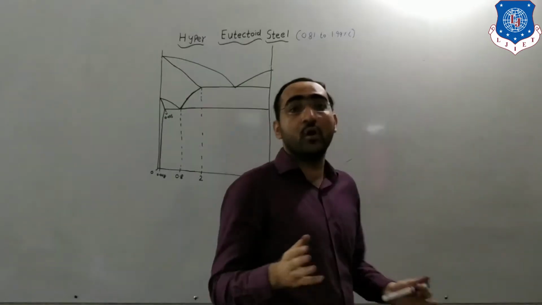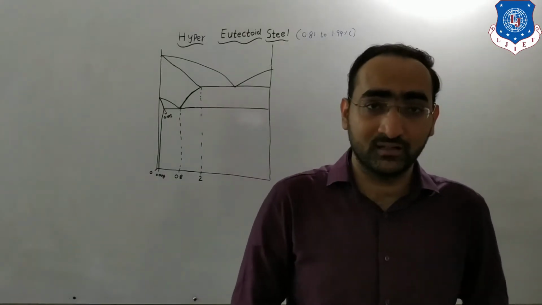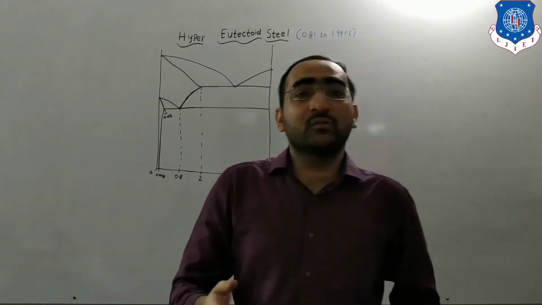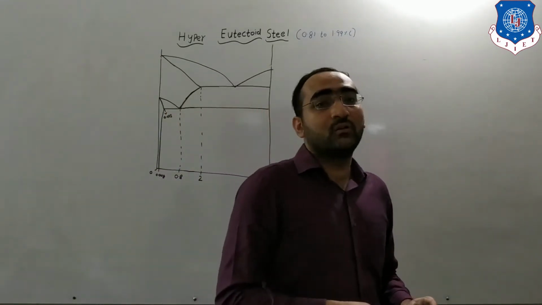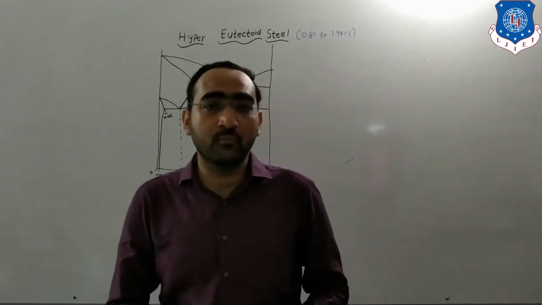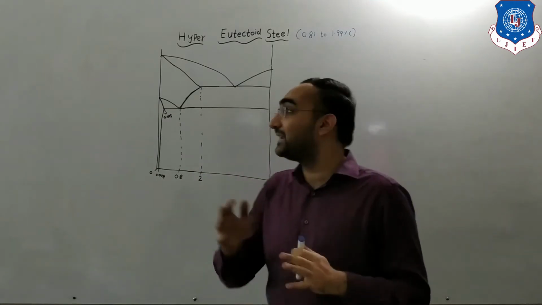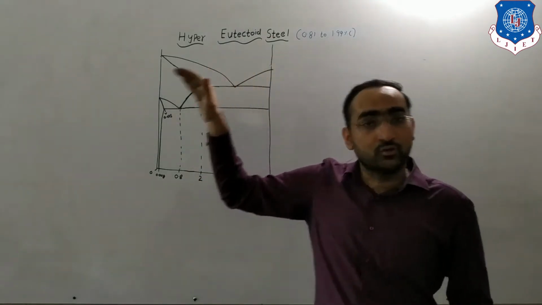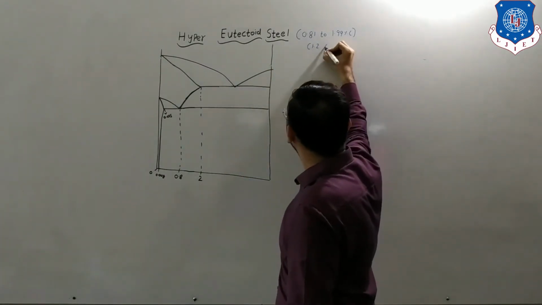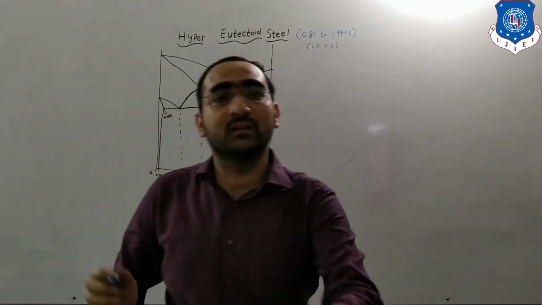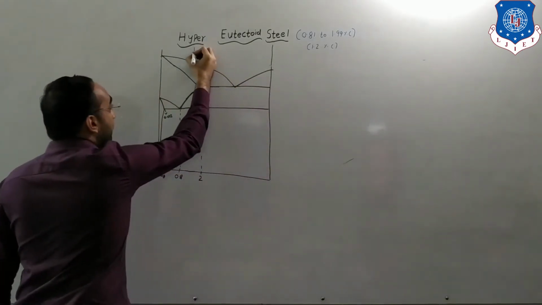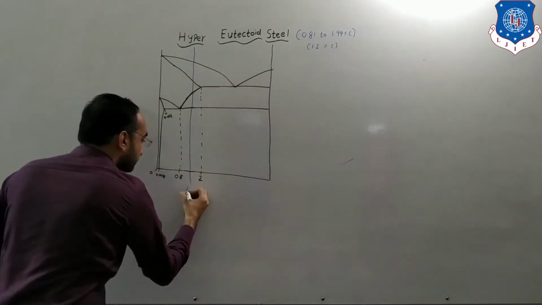If in a question you are asked to explain the hypereutectoid steel, then you have to take an assumption. Or they can ask you to explain the solidification of 1.2% carbon. That means 1.2%, 1%, 1.4%, all these carbon percentages lie in hypereutectoid steel. So we will assume 1.2% carbon, and we will draw that 1.2% carbon line over here and give the information regarding it.